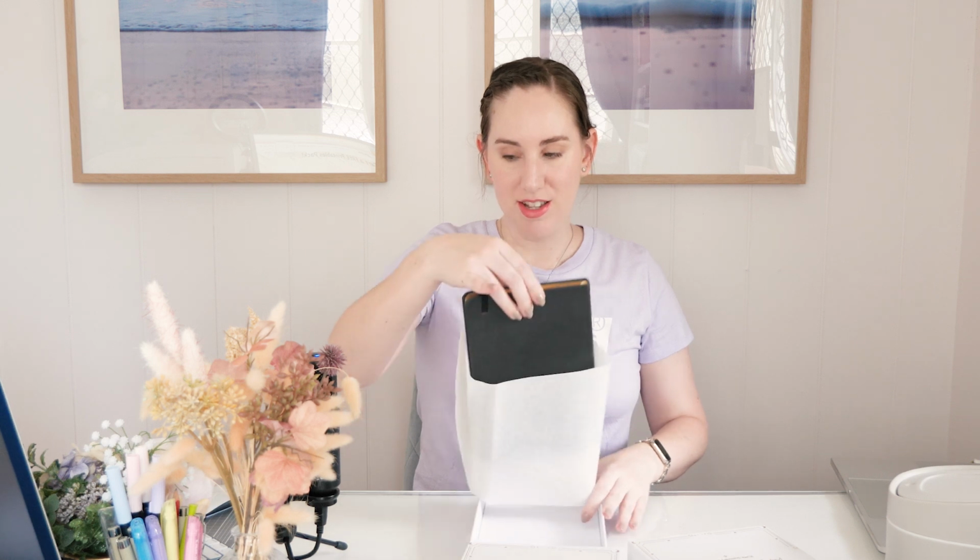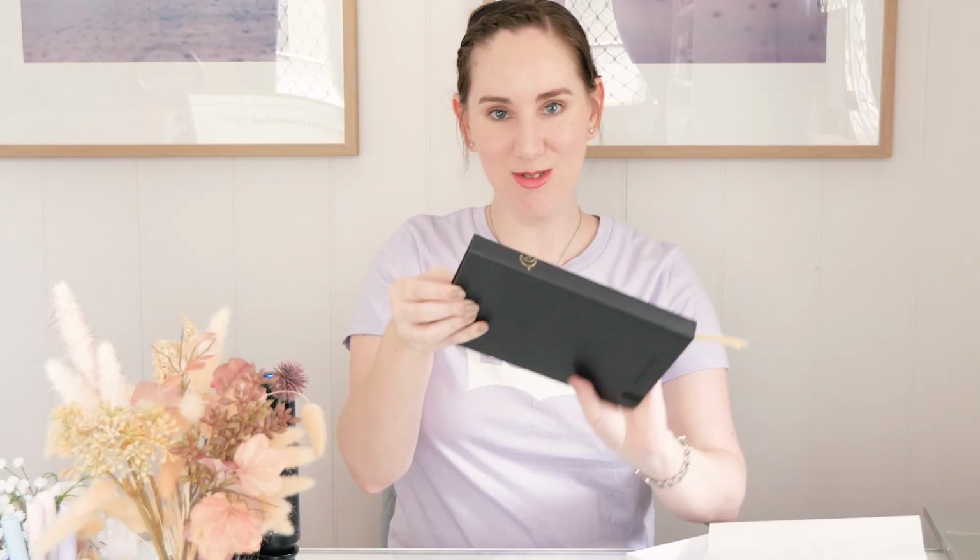We're gonna begin with this one. Look at this beauty. The technical specifications on all of these journals are the same, so I'm gonna tell you the nitty-gritty about this one. But as far as page information, number of dots per page, stuff like that, it's all gonna be the same. It's just the covers that are different and a couple of little extra details like the embossing and the, what's this called? Page edge